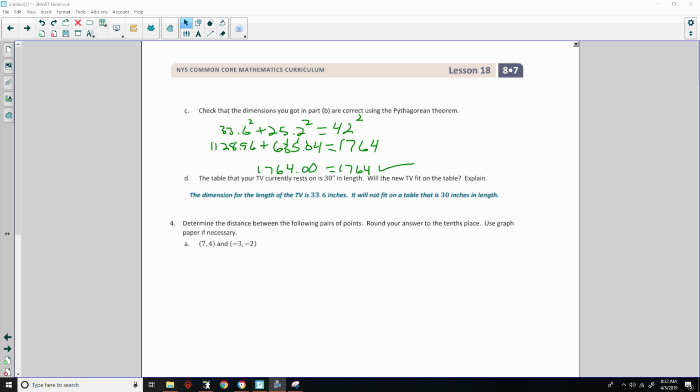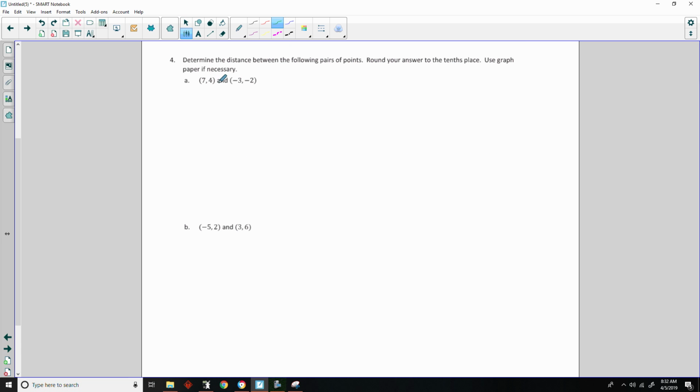Number 4, determine the distance between the following pairs of points. Round your answer to the nearest tenths place. Use graph paper if necessary. Okay, so this is a diagonal on a piece of paper. So the difference in my x is 7 minus -3, which is 10. The difference in my y's is 4 minus -2, which is 6. So if I can picture a Pythagorean theorem now,